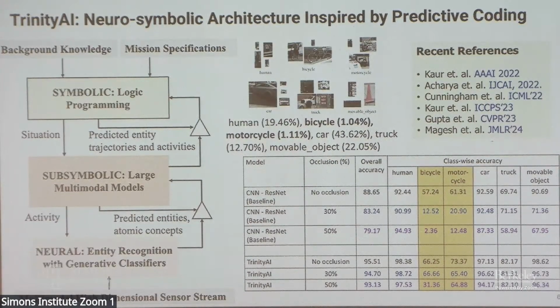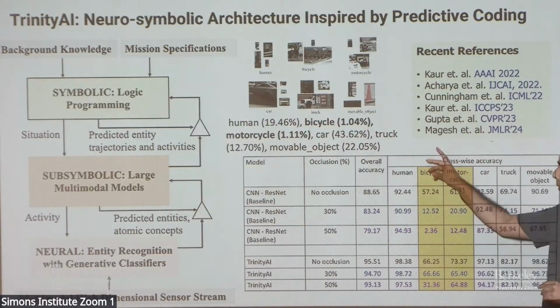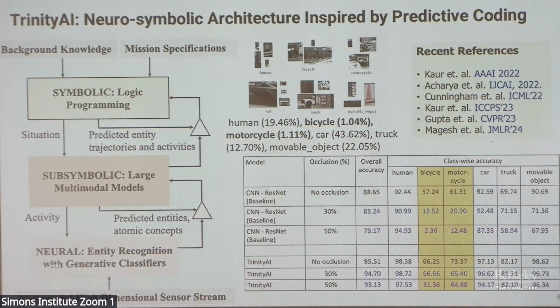Apart from being able to provide runtime assurance, what we have found is that this architecture is much better at being able to learn from a small amount of data. NuScenes is a data set that has been around for a while. It has scenes from Boston and from Singapore, and it has some minority classes with a smaller fraction of data, motorcycles and bicycles. And you will see there that the typical state-of-the-art methods perform much more poorly compared to what we can do. So we can learn with less data.